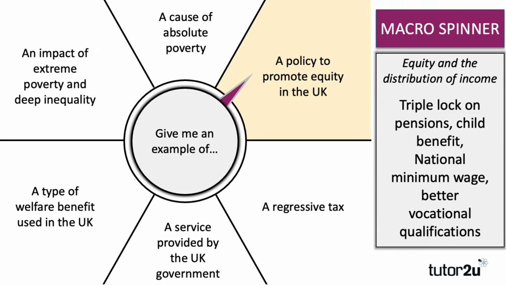So it's very important that you make sure when your macro exam comes along, have a look back to the budget that happened in March. There are quite a lot of policies there that would fit into this idea. Worth remembering that the budget in March talked a lot about childcare. If you can subsidise childcare, it means you can get normally mothers, but not necessarily fathers as well, back into the workplace. That's a great example of a policy that can help with equity and the distribution of income.